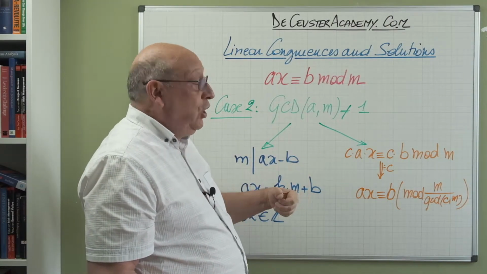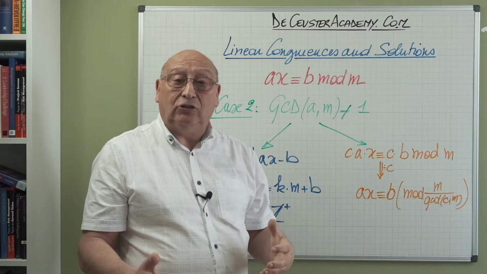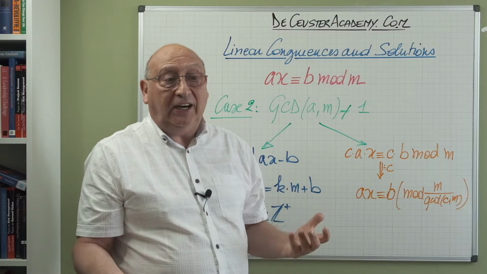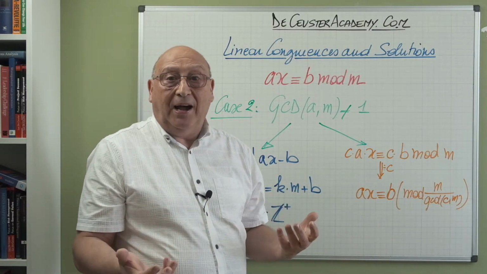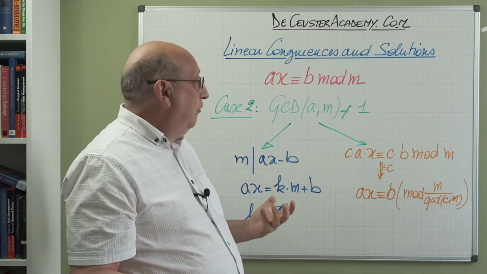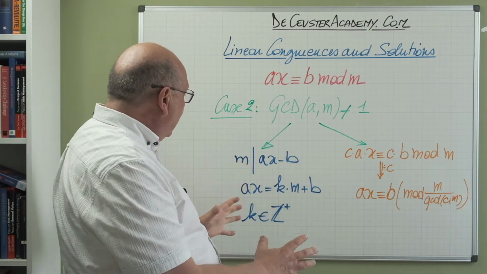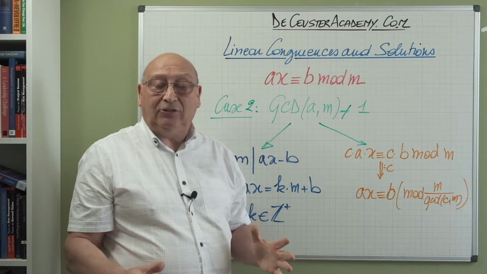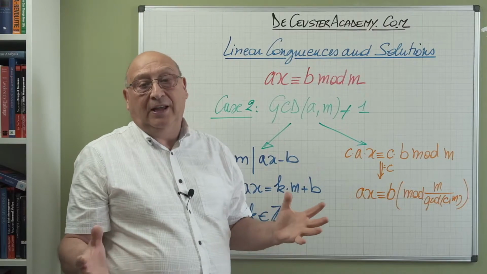And of course, we can then find the other solutions which are separated by M divided by the GCD of A and M. So basically those are the things that we're going to do, and we're going to apply that on our different